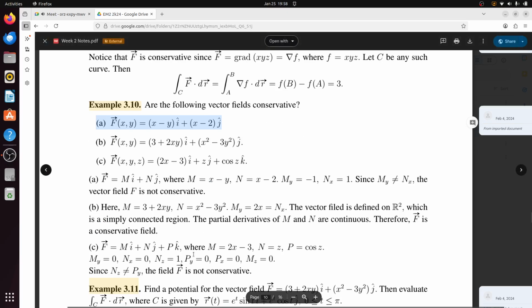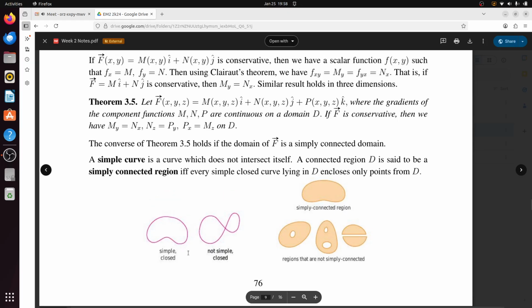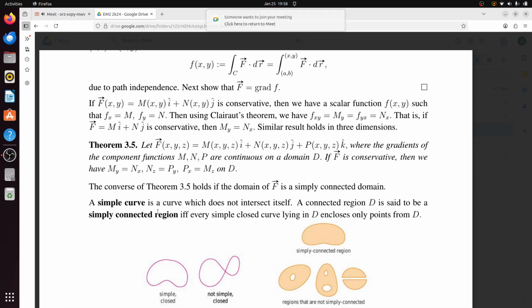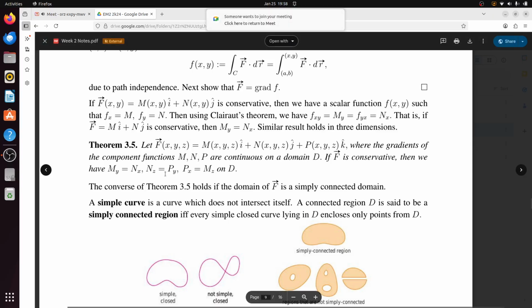और उसके बाद डिटर्मिनेंट करके हम देख लेते हैं। अच्छा, del del y del del x and then del del z equal to del del y, and then again del del x. वो सर्कल लूप पे चलता रहता है। हाँ, M y के साथ होता है N x, N z के साथ होता है P y और P x के साथ होता है M z।